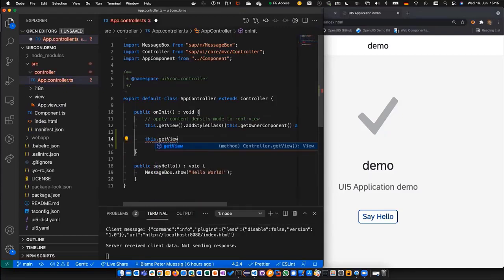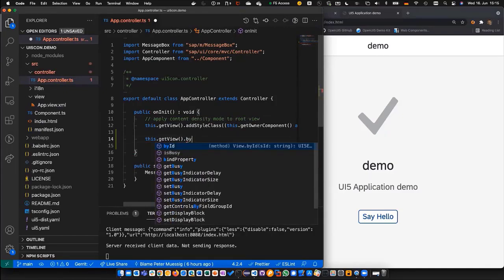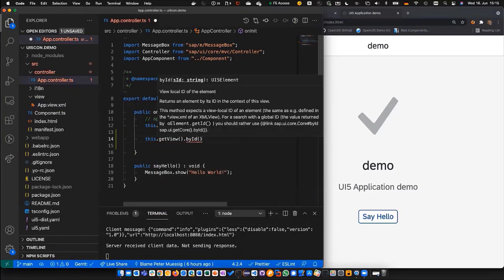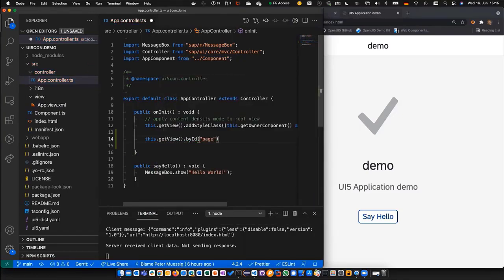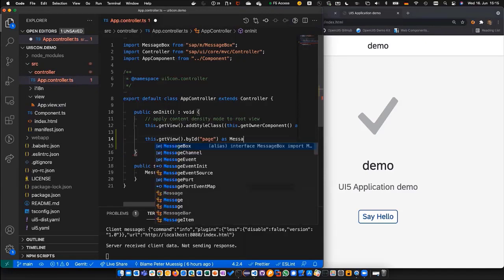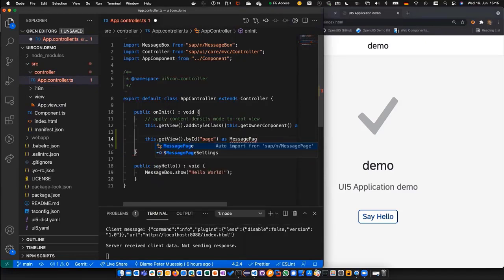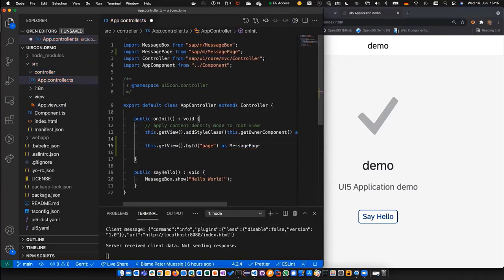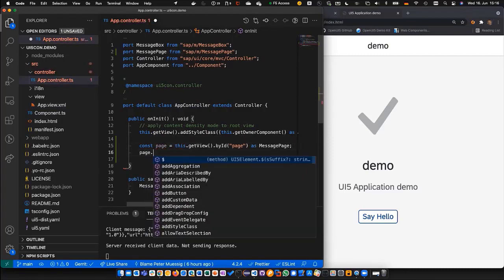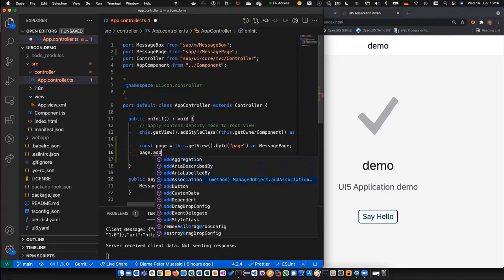So this get view, I get the reference to the message page. It's with the ID page. And I need to cast it now, message page. And you see everywhere is this code completion. And it also imports then this message page automatically. So, and we assign it here now to this const, and I say page.add, and I get also recommendations like